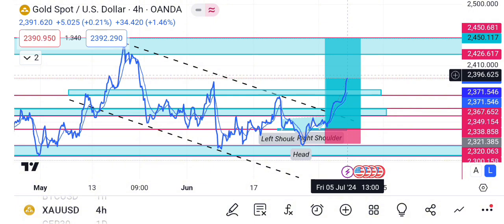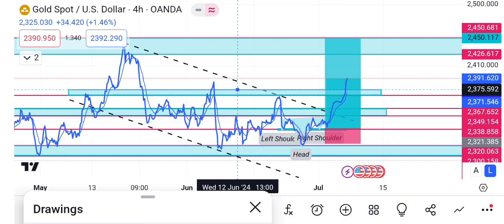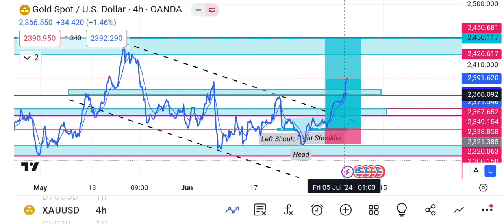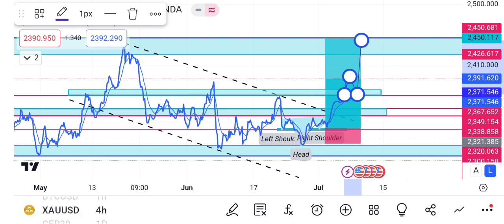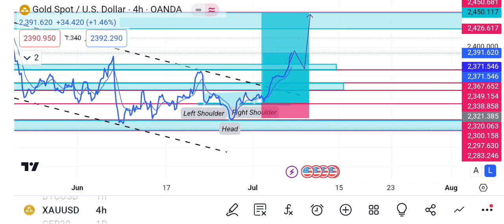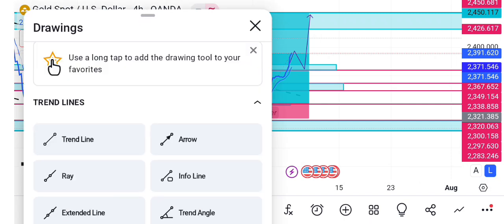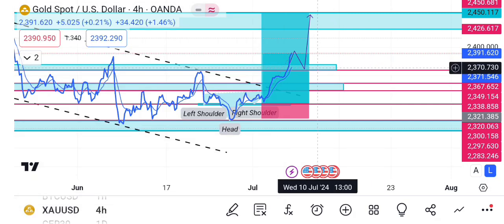What are we going to be looking for? We're going to be looking for this now, guys, for this retest. Okay, for this retest, then shoot up, continue, then we're done with the buys for gold. That's what I'm going to be seeing, you know. Another one, if price fails to support over here, it might come and support